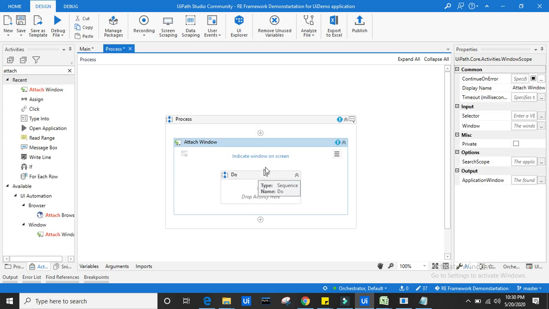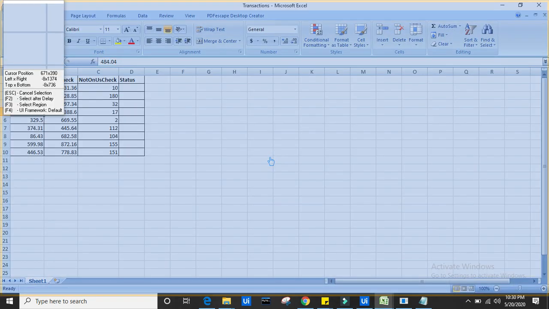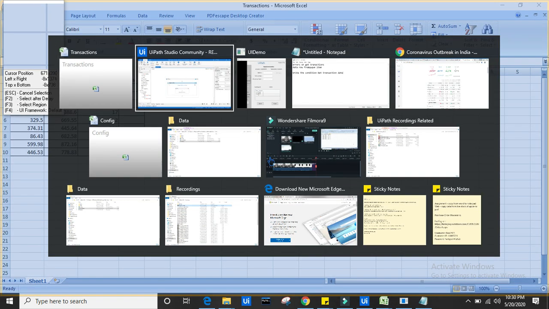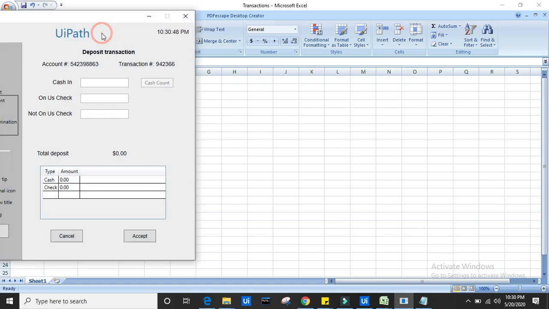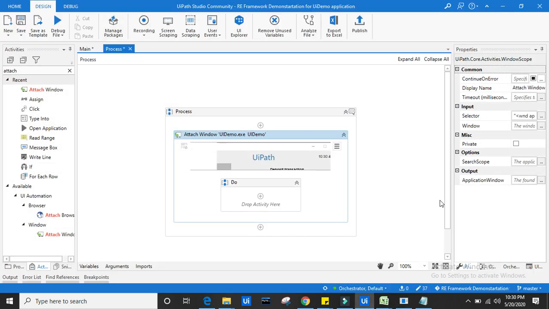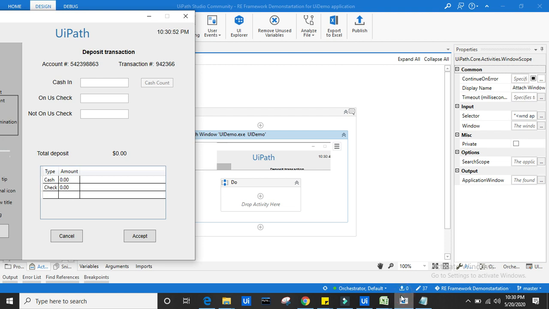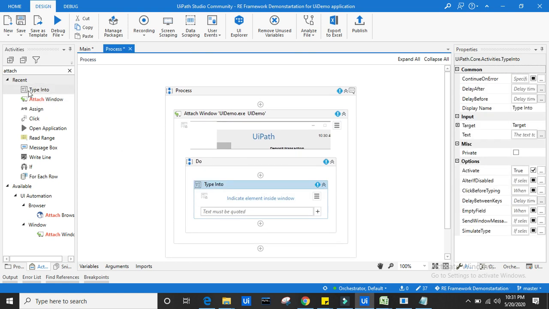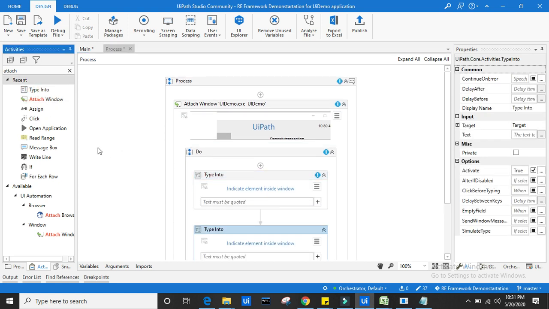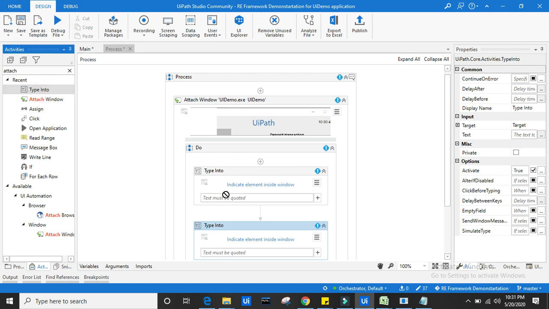Okay, so indicate this on screen. Yes, so I will indicate this on the screen. Right now what I need is to locate the on US check, not on US check and accept button. So let's drag, we have type into activity, one more type into activity.